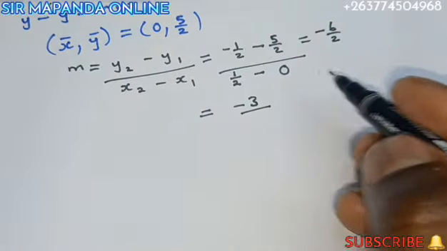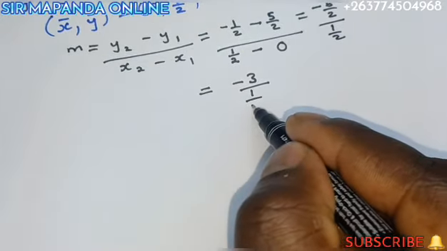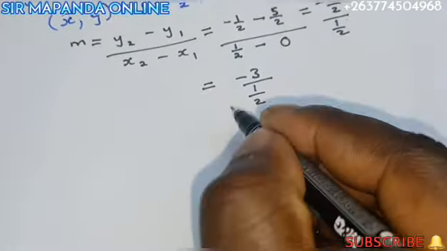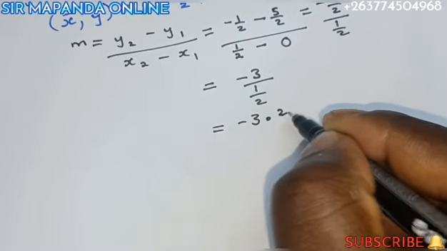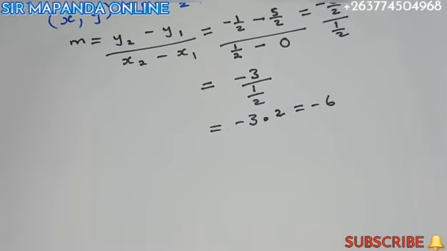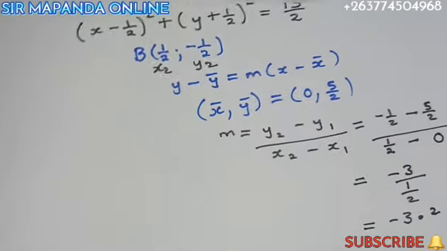Then half minus 0, you get half. So you are dividing minus 3 with half. So you simply multiply minus 3 with the reciprocal of the denominator to get your result. So it's minus 3 times 2, and your answer is minus 6, representing the gradient. I hope you are following, class. Right, let us substitute this